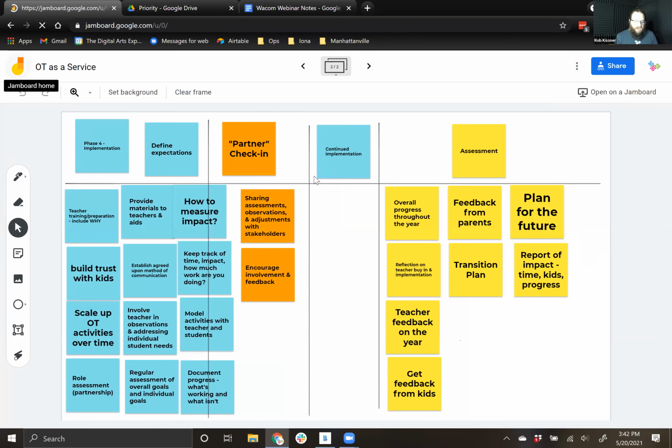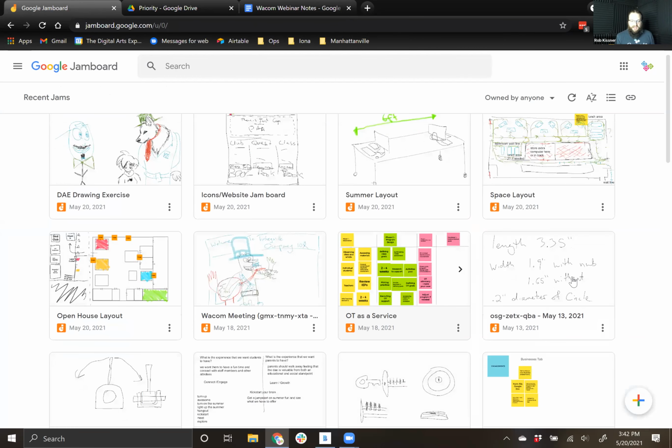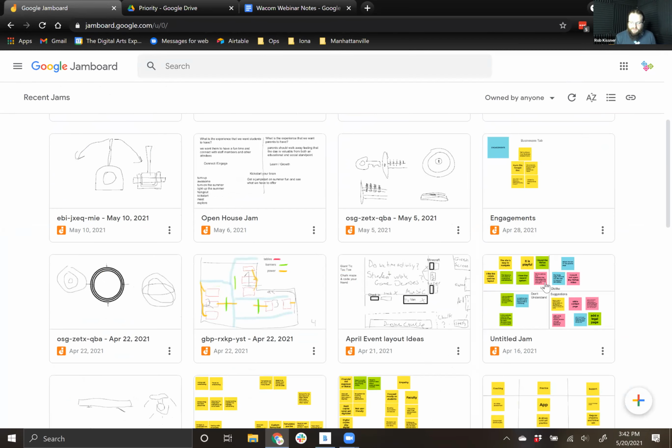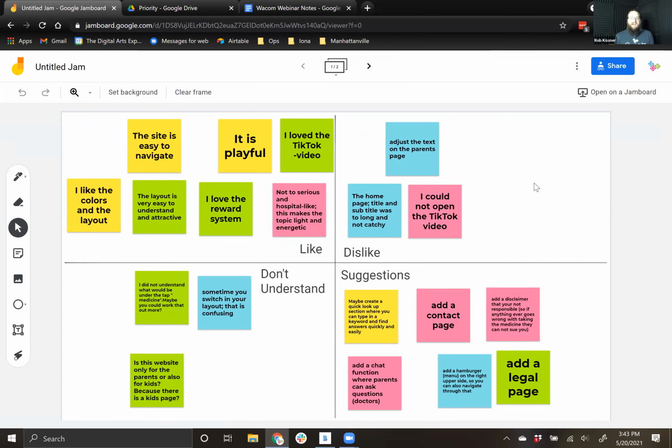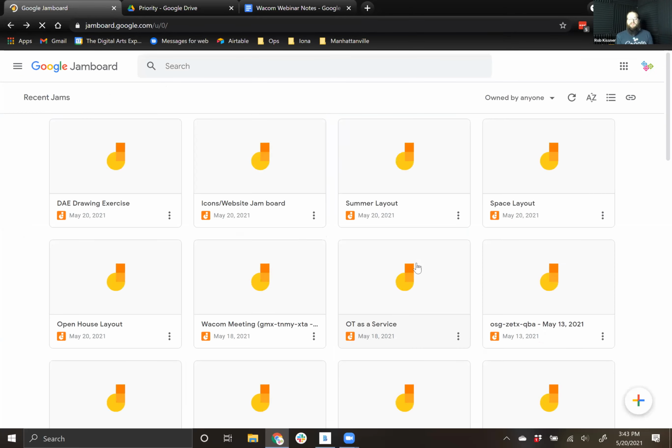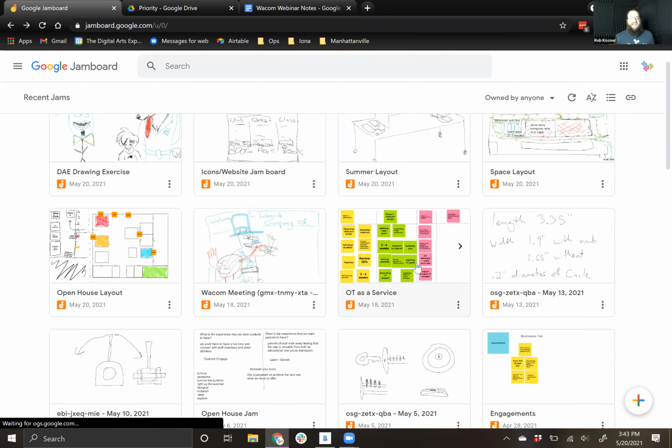And the same thing goes for my undergrad students. If we're brainstorming user needs, we'll do these empathy maps, right? We'll do it with the Jamboard, right? And sometimes we use the Post-its, and sometimes we'll do it hand-drawn with the Jamboard. But regardless, the tool lets us all work together to share these ideas. So this was feedback about some TikTok video campaign that a student had put together. But at any rate, these collaborative tools make all of the difference in working together, not just remotely, but in person as well. It really enables much more effective collaboration and communication.